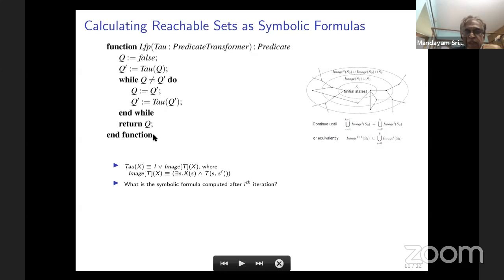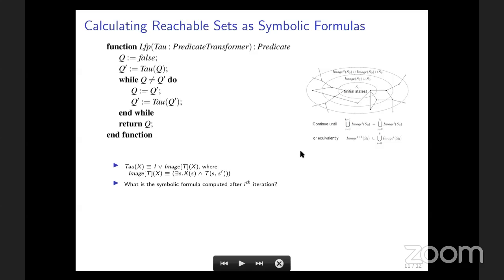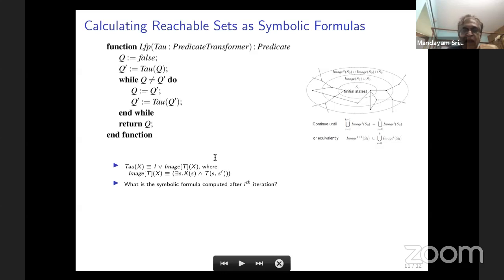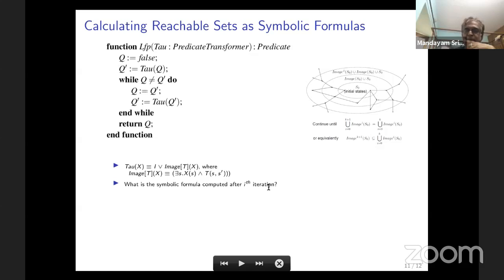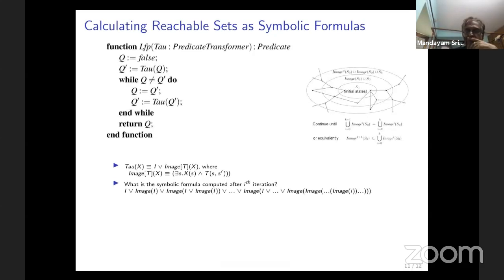So this thing is computing the symbolic formula, which are represented as sets here. What is I? I is the initial set of states. I is the formula that characterizes the initial set of states, S naught, okay? So the symbolic formula that it computes actually represents these states. You start with false. If you invoke tau on false, what do you get? The image of false, the empty set, is empty,